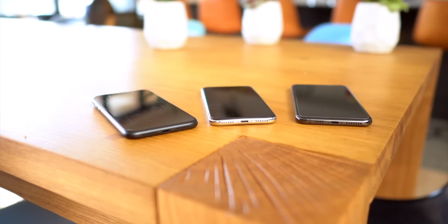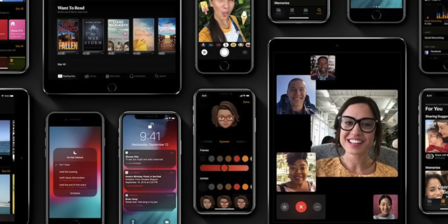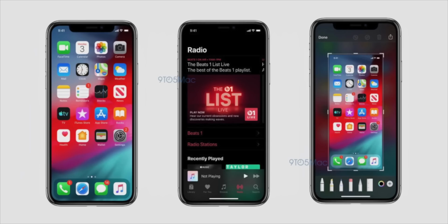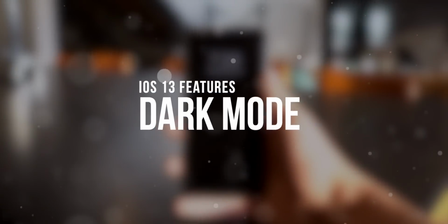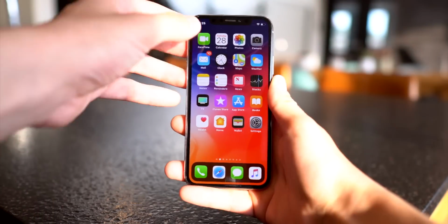Anyway, let's take a look at some of the top jailbreak features that I really hope Apple takes insight from this year and ports them over to stock iOS 13. So here's the list, but like I said, some of these first few features are pretty much confirmed at this point from the rumor mill and are going to officially be making it to iOS 13, like the famous dark mode. Pretty much all stock iOS apps are going to have a dark mode version of them